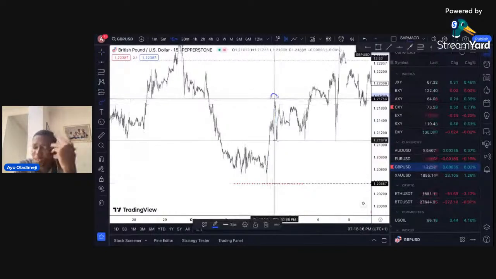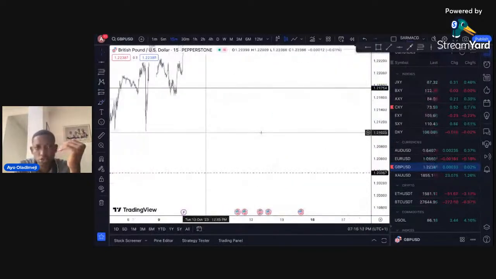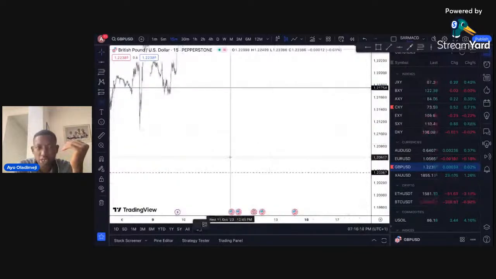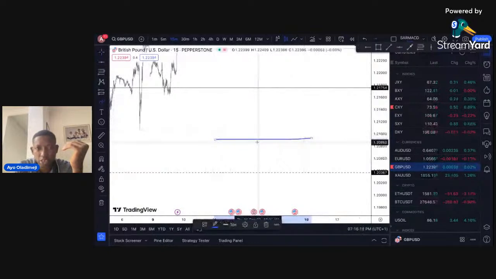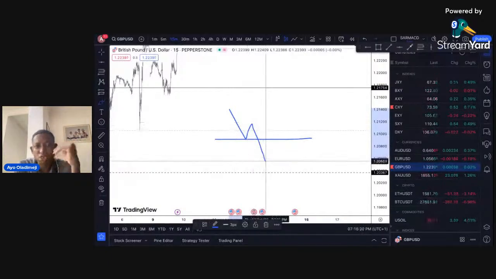Now, like I told you, don't forget, this is a review class. I told you that whenever there is a support or a resistance, price is supposed to bounce, right? But if for any reason price breaks through that support, it is going to become a resistance. Anytime price goes below a support, that support becomes a resistance, because when next price comes to that level, it is going to bounce back to the downside. So never forget that.